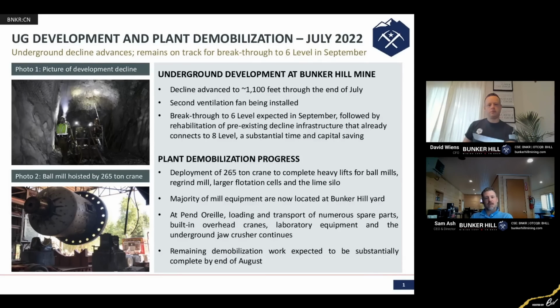What this does is it gives us access with rubber-tired equipment to the first 3 to 5 years of mine life, and that really is a pretty big accomplishment. When you're looking at most underground projects, the capital development is typically a critical path. For us, because of the amount of existing in-place infrastructure, this first piece of development provides not only early access